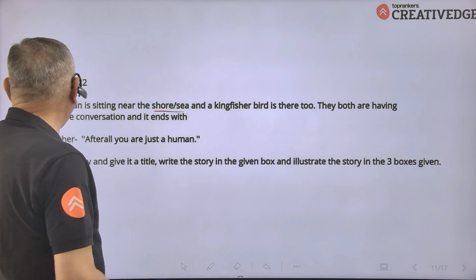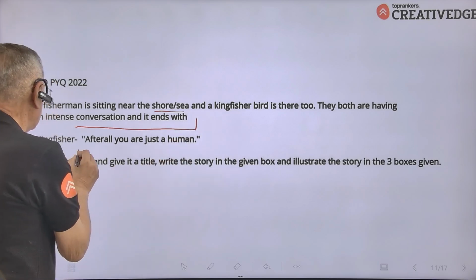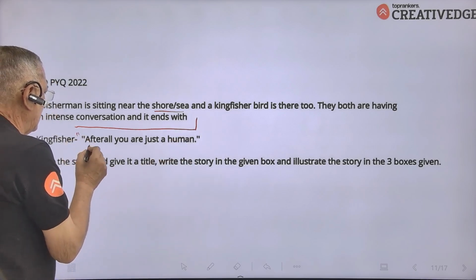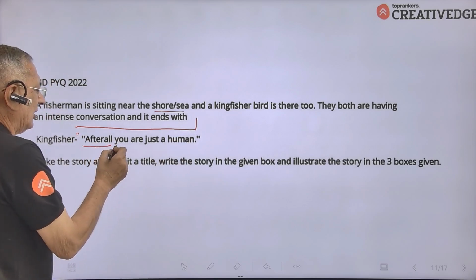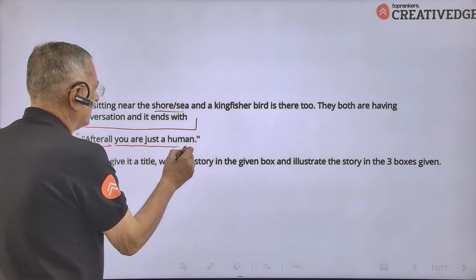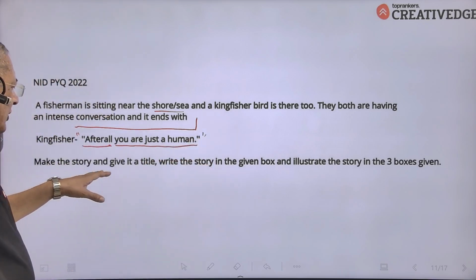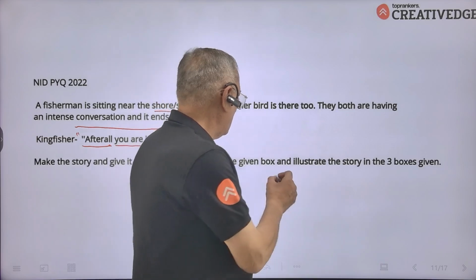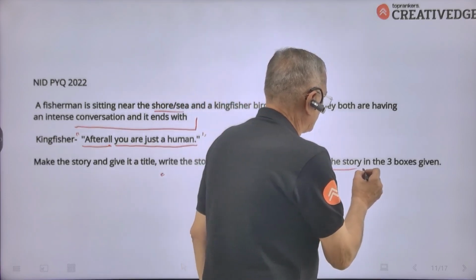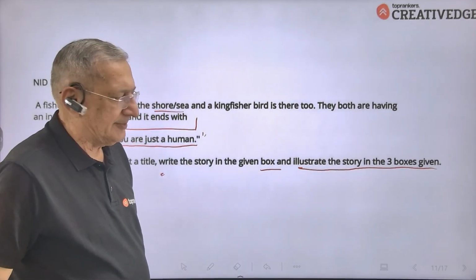They both are having an intense conversation, and it ends with the kingfisher saying, "After all, you are just a human." Make the story and give it a title. Write the story in the given box and illustrate the story in three boxes given separately.